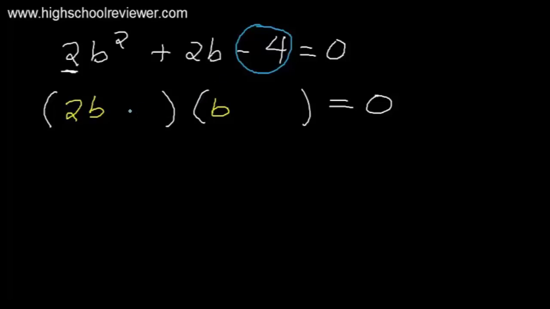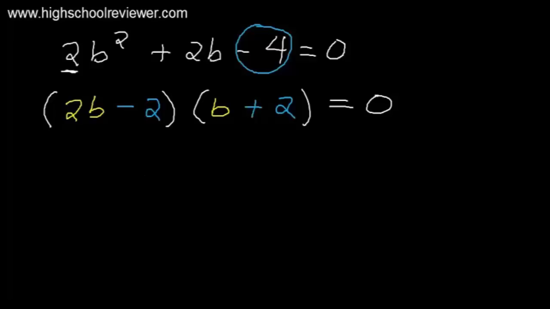Okay, so let's put here negative and positive. Now, since this is positive 2b, we are going to put the positive 2 on this side, and the negative will be here. And then let us check